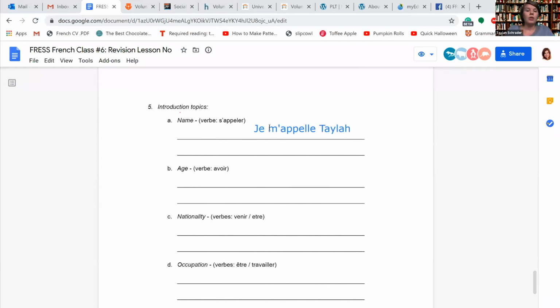Okay. So the M is what we call a reflexive pronoun, because that particular verb is a reflexive verb. English doesn't have them. French and Spanish, I think, do. Italian does. German might, but I'm not across German languages. But Latin languages certainly have reflexive verbs. So occasionally you won't just have the subject, the pronoun, and the verb. You will also have a reflexive, which is what the M is.